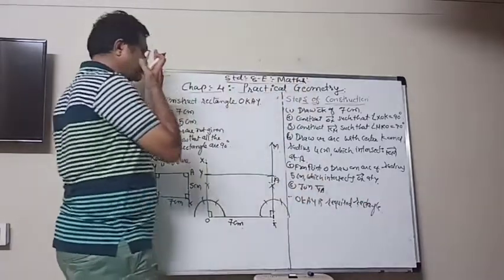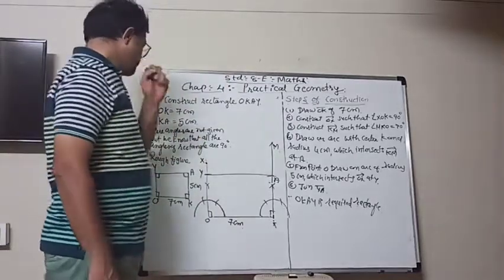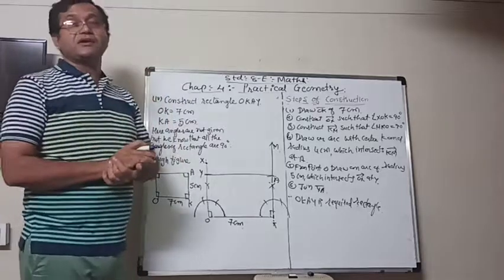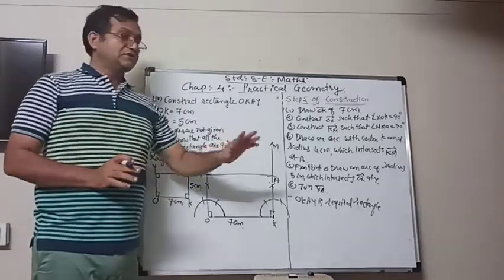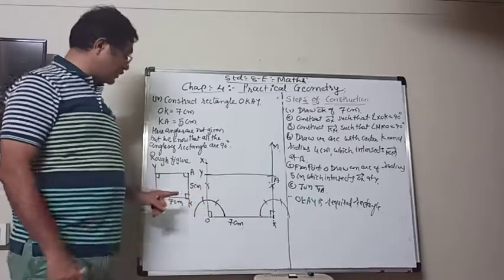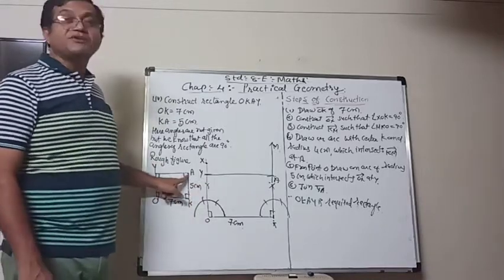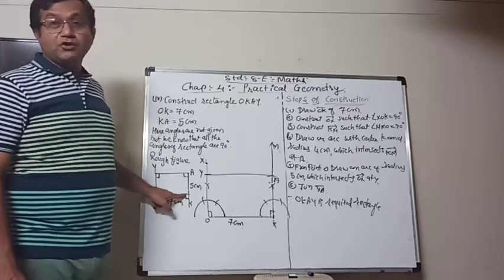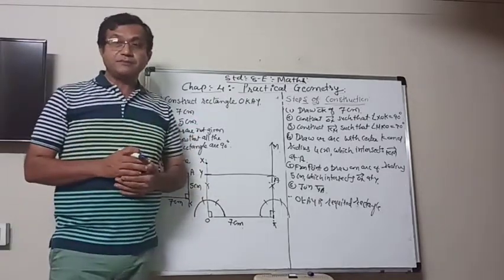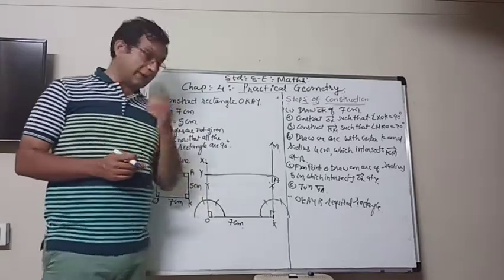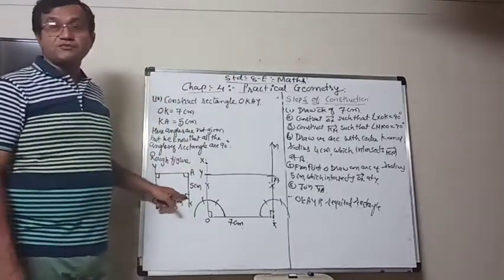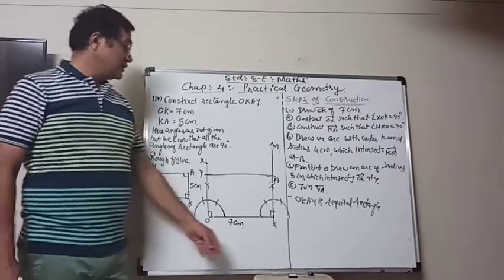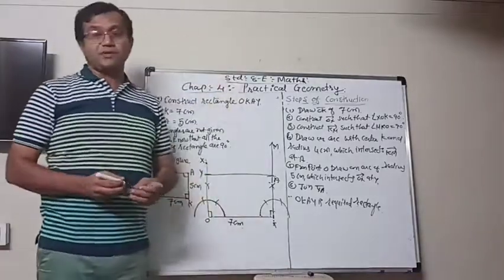So second and third is simple. You will do it yourself. In that third one there is a parallelogram given. In a parallelogram also the opposite angles are equal. So one of the angles is given, same will be the opposite angle. And the next angle which is not given, but you know that they are supplementary. So you have to subtract from 180 to get the second angle also. So you will get the third angles and two sides are already given. So you can easily draw that parallelogram also.